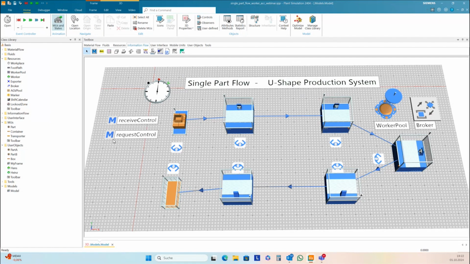So the receive control will be called if the requested exporter is coming to the station and wants to start its work.